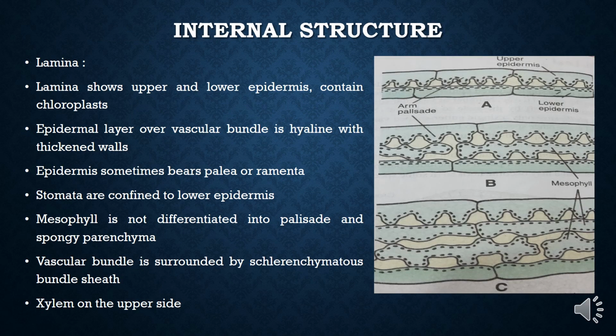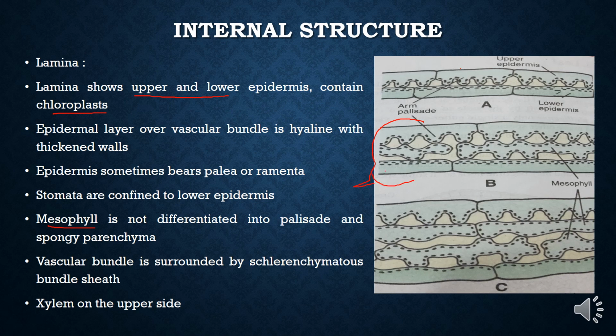Leaf or lamina. So in transverse section, we see that the leaf has 2 epidermal layers, upper and lower epidermis, all of which is chlorophyllous, and in between the lower and the upper epidermis there is a mesophyll which is undifferentiated. It is not differentiated into palisade and spongy parenchyma, but it contains a large number of air spaces. Here we see the diagram where we see that